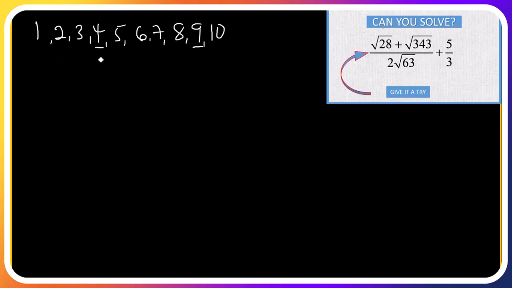So looking at the first surd, which is root 28. Root 28 should be expanded in a form whereby there will be a perfect square number. So root 28 could be written as